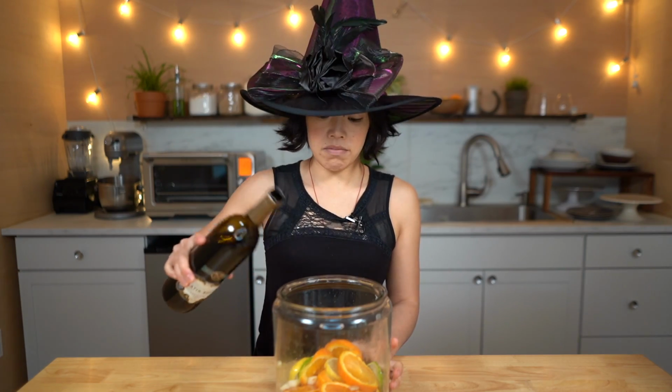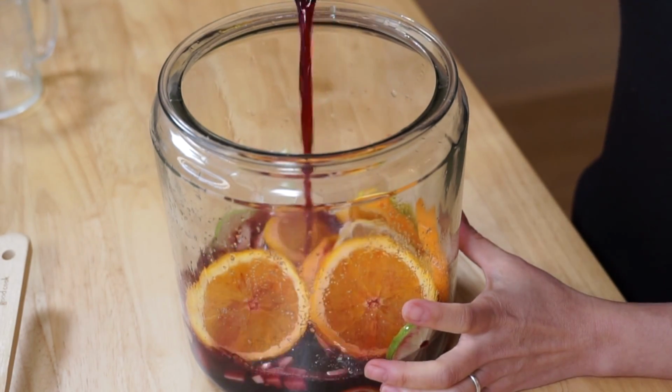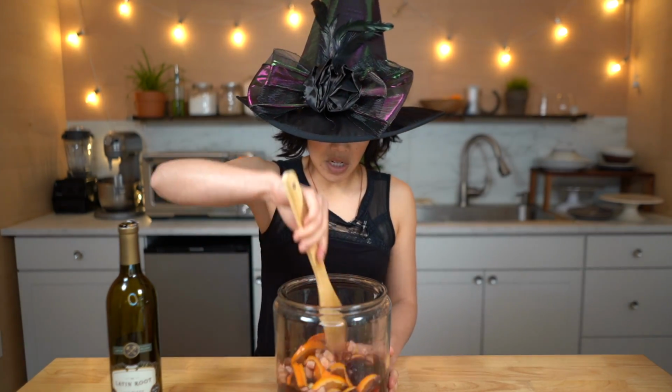1 bottle of wine. Look at that. Isn't that beautiful? Well, that didn't really fill up this very much, did it? I'm going to go ahead and double up this recipe so we can get a nice full container of sangria,